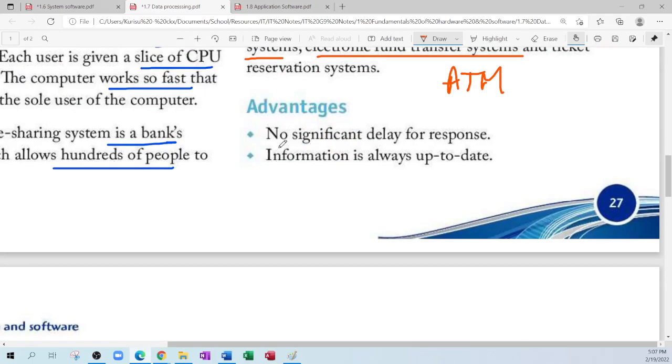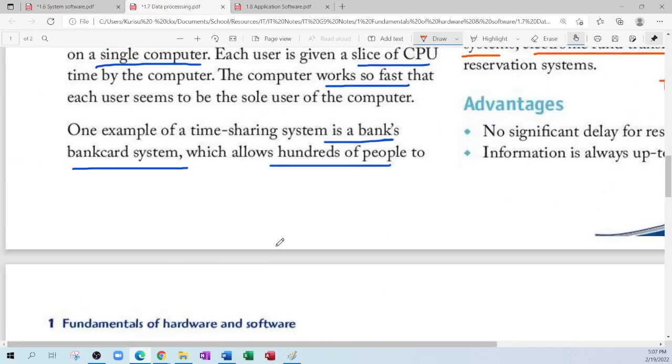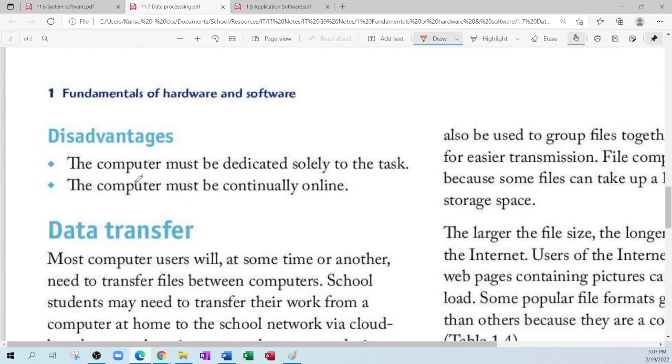So what is the advantage? There's no delay and your information is always up to date because it's always processing that data. But what is the disadvantage now? The disadvantage is that the computer is going to be processing all the time. So it can only focus on this one task all the time. It can't be used for anything else. And as we talked about, it has to be online all the time. So like for example,